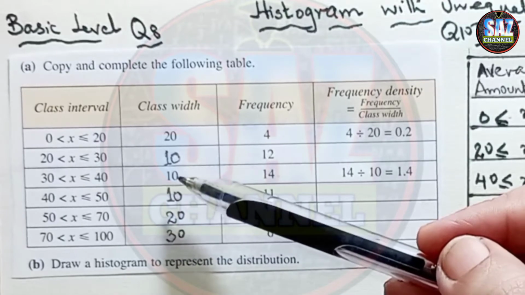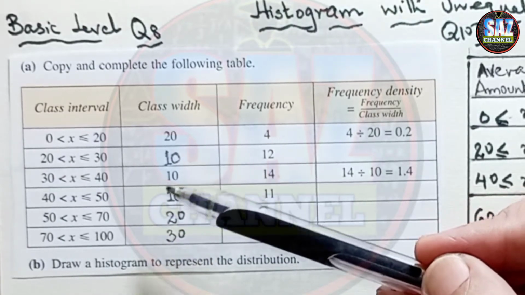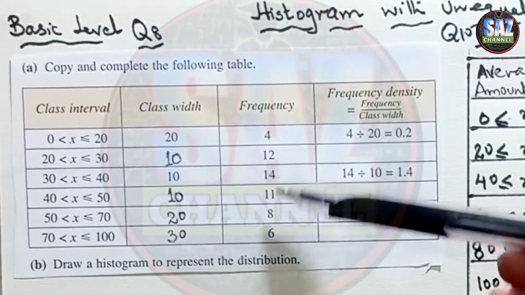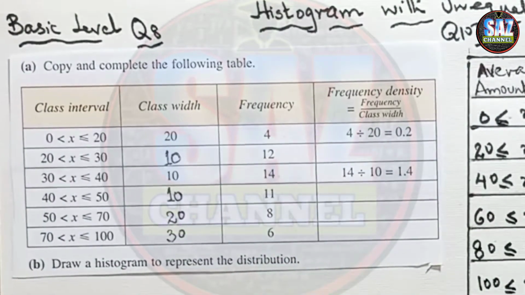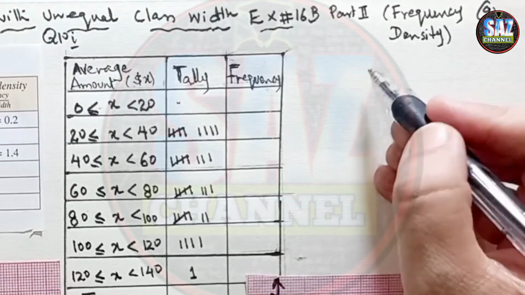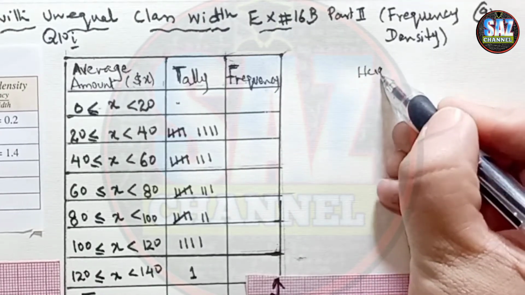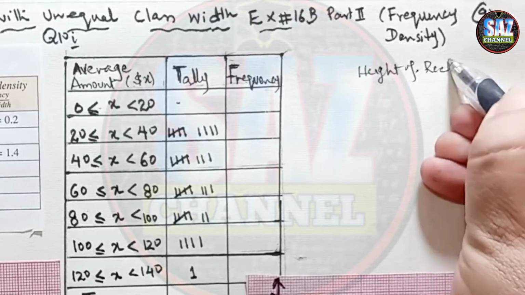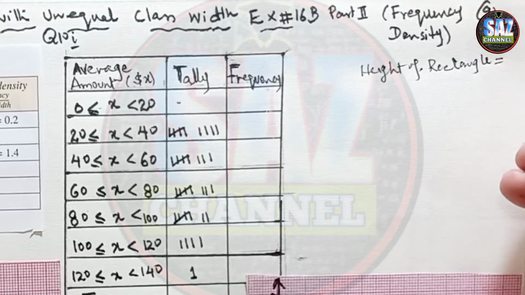So recall the previous lesson in which we discussed that when the class width of all the classes is not the same, we cannot plot, and we are not going to plot actual frequencies as they are. There are two formulas available for the height of the rectangle, that we discussed in the previous lesson. Those who have missed the previous class, they have to watch the previous lesson carefully for better understanding of this lesson.